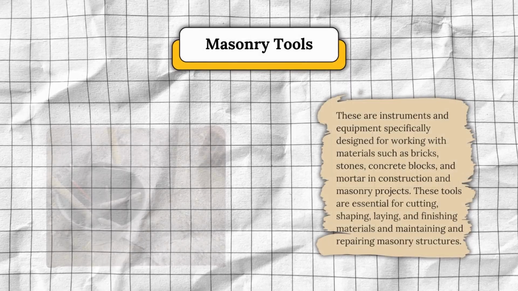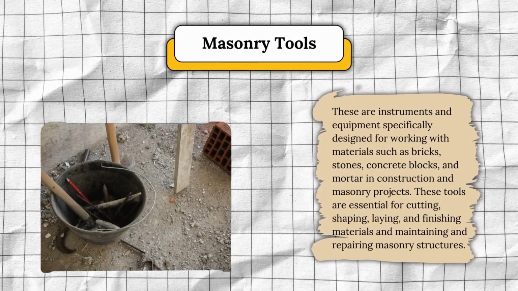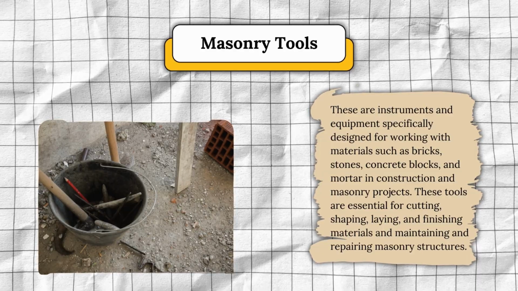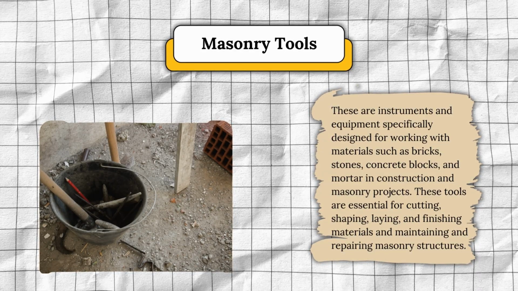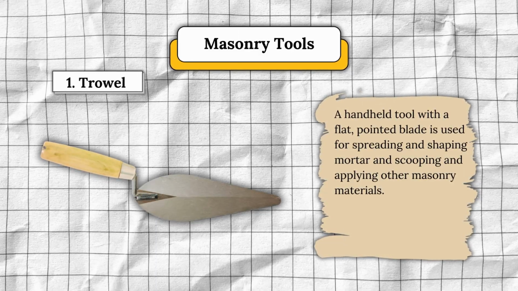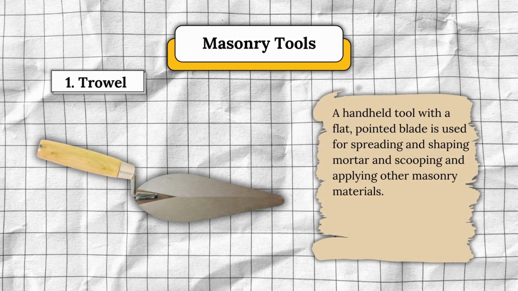The second classification of tools in industrial service is the masonry tools. These are instruments and equipment specifically designed for working with materials such as bricks, stones, concrete blocks, and mortar in construction and masonry projects. These tools are essential for cutting, shaping, laying, and finishing materials and maintaining and repairing masonry structures. Number 1. Trowel. A handheld tool with a flat pointed blade